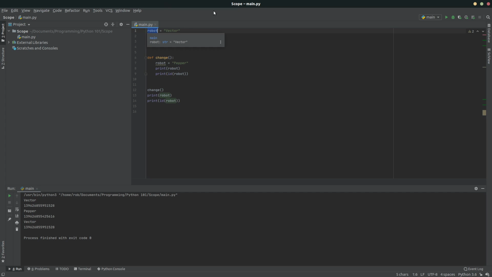So now that we have an idea of what's going on, what about if I change this to be robot1, and then I'm going to get rid of those two, and then I'm going to try print robot1. Now, as you can see, we've got a red squiggly line, and it says unresolved reference to robot1. So what this means is that inside our function, we have created a local variable that's printing out,